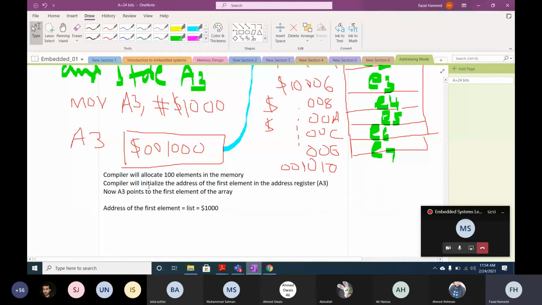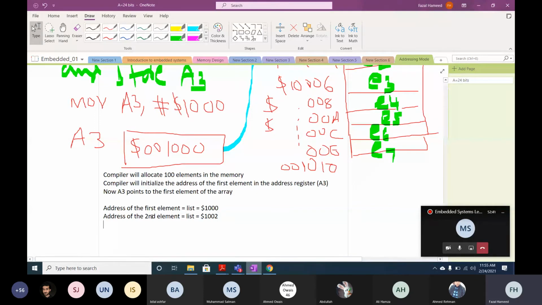What is the address of the second element? $1002. Let's assume that an integer takes 2 bytes. In this example, we assume that an integer takes 2 bytes. If an integer takes 4 bytes, it will be plus 4. But we assume 2 bytes, okay.